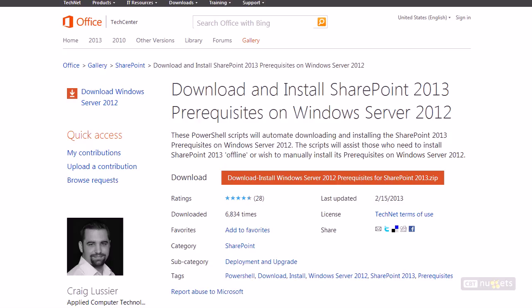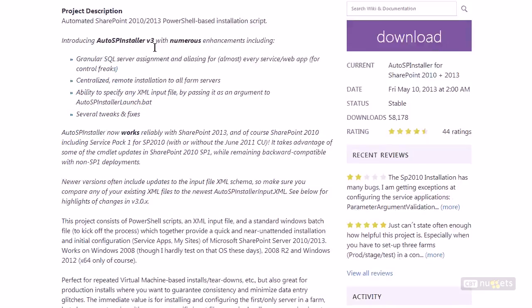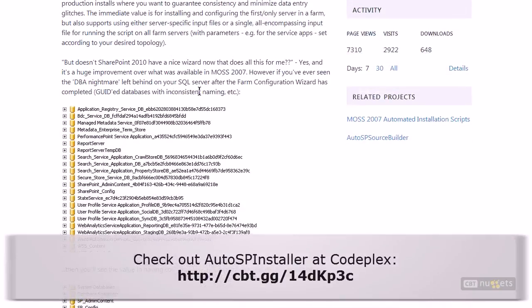The same rule goes for farm configuration, which we'll get to afterwards. This is Codeplex.com. This is the Microsoft open source software code repository. And this is a project called AutoSP Installer. And we'll get to this shortly enough. But as you see here, you can do a farm installation and a service application load. And whereas when you run the wizard, you get all these crazy GUIDs and crazy named databases, when you run the script interactively, you can name your service application databases in a very nice way, as you see in this